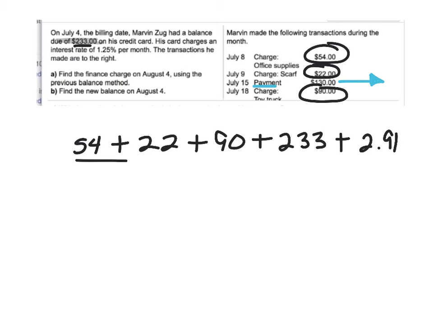The first three, again, are the different items that he charged on his credit card. The $233 is the previous balance from the month before that he hadn't paid off yet. And the $2.91 is the interest that got charged because he didn't pay off that $233. So if we add all of these charges together, we end up with a total of